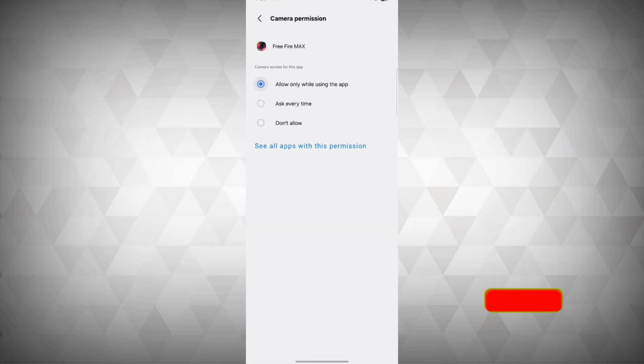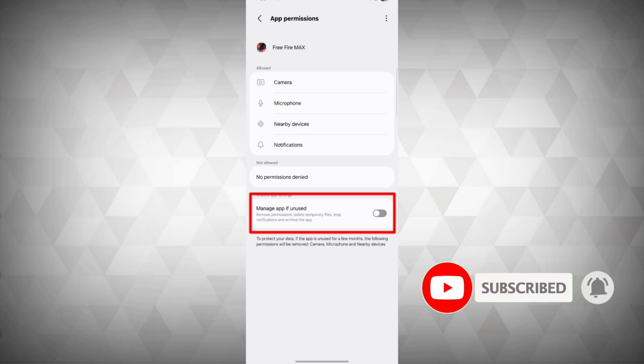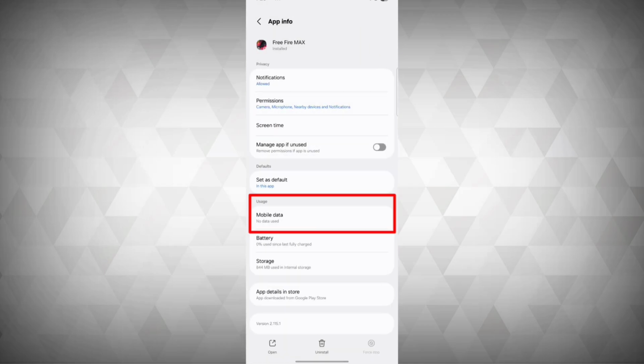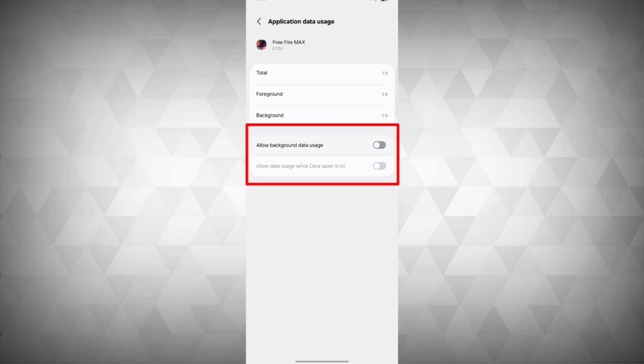and enable all the necessary permissions. And make sure this manage app if unused is toggled off. Sometimes this is the reason for the error. Now go back. If you are using mobile data, then tap on mobile data and make sure these two are enabled. Go back,